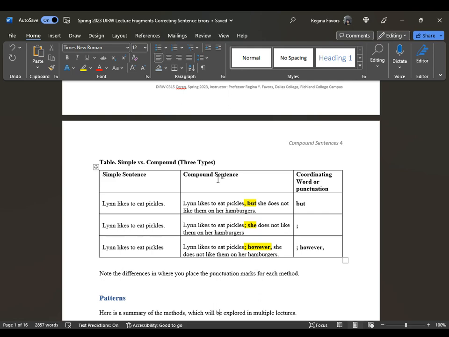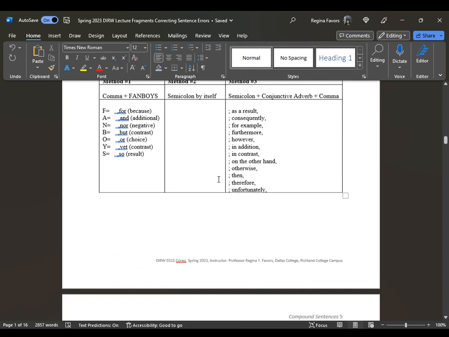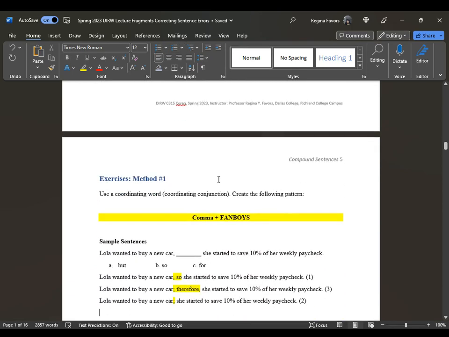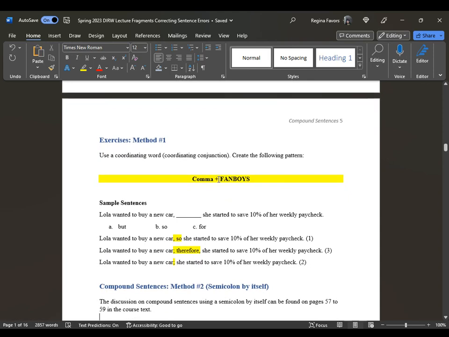You stay within that same area of the next sentence and add a semicolon. And the same exact thing for adding a conjunctive adverb, which is semicolon, conjunctive adverb, comma. So these are your methods. Remember, method number 1, method number 2, method number 3. And then when you are looking at method number 1 for exercises, that's your comma FANBOYS. And so remember, you can always use each sentence and change each sentence